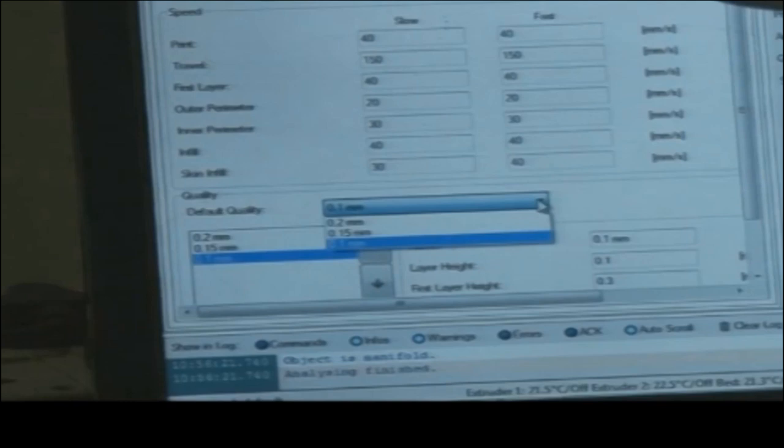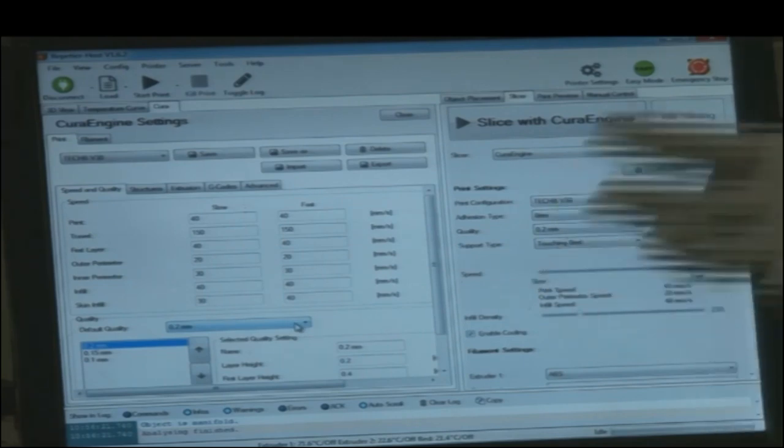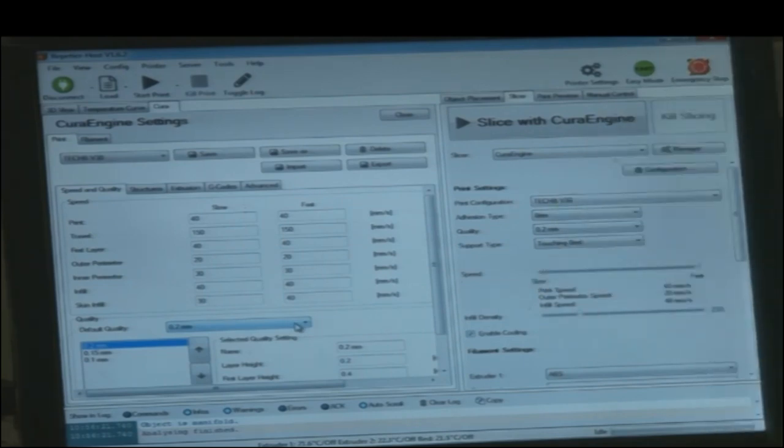If the layer thickness is 0.1, the job would come very smooth and shiny. If it is 0.2, it would be the worst among these, and 0.15 is in between. 0.2 mm means that it consumes less time, but the quality goes down.